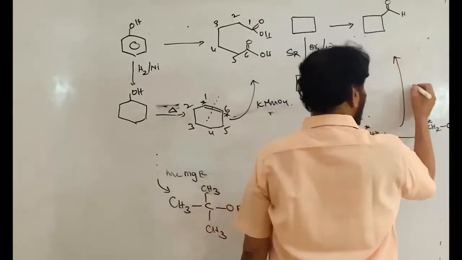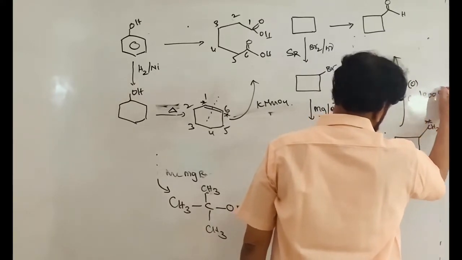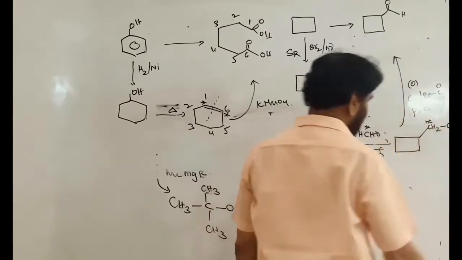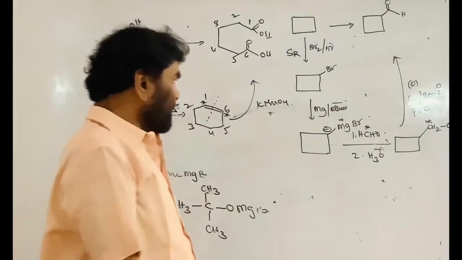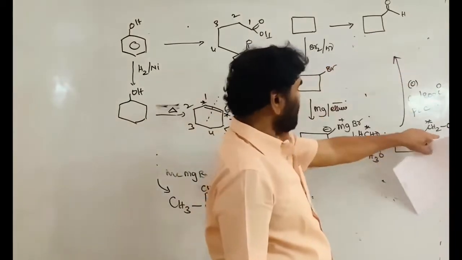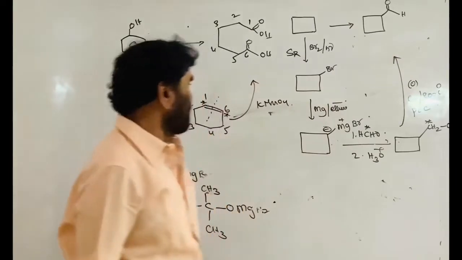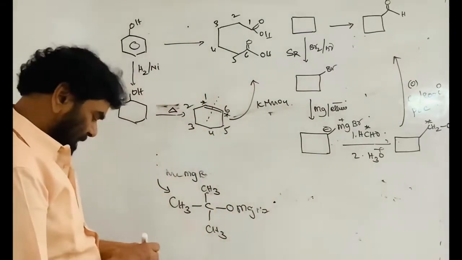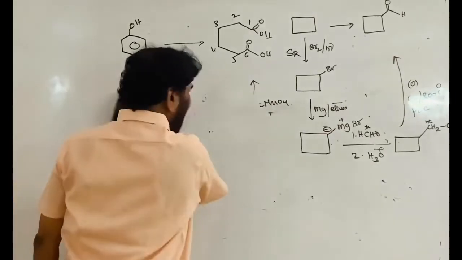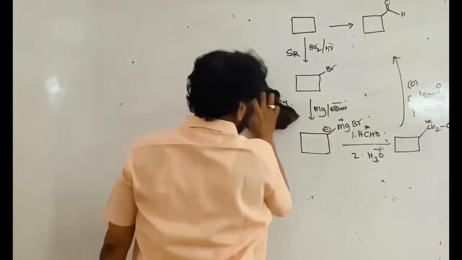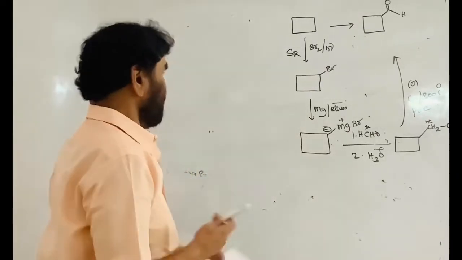This on treatment, oxidation. Which are the reagents? Copper at 300, or PCC, pyridinium chlorochromate, Collins reagent. So that is selective oxidation, otherwise it goes to the carboxylic acid. This is the way to introduce the formyl group into the ring. It is not a generalized procedure, but here under the given conditions we can use this reaction.